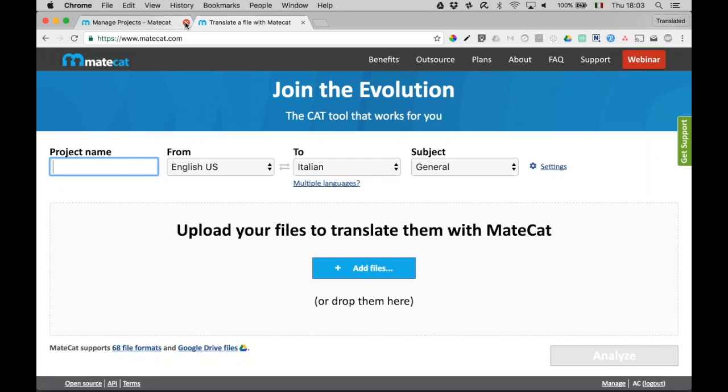Okay, so to put it quite frankly, support for FrameMaker files is not the strongest one that we have in MateCat. We are constantly updating it, and we're working with our partners. You should know that all of our file format filters are open source, and they are developed together with the Okapi framework community. So we are financing the Okapi framework community to come up with all these file format filters. So the FrameMaker, so MIF files, are unfortunately not the most common ones that we get, and so the support is not as good as with most of the other file formats.